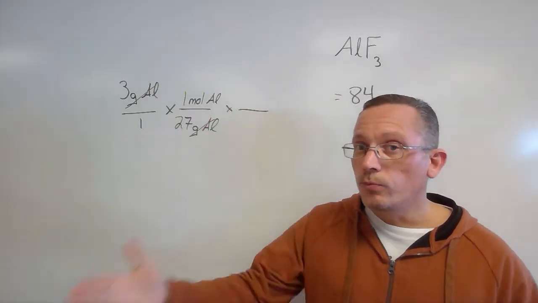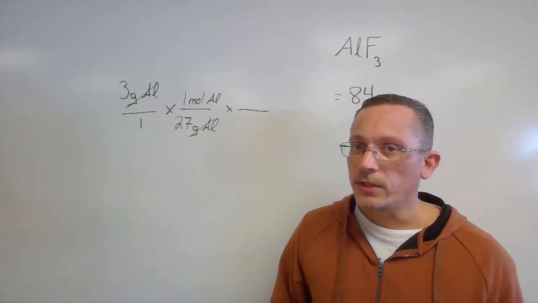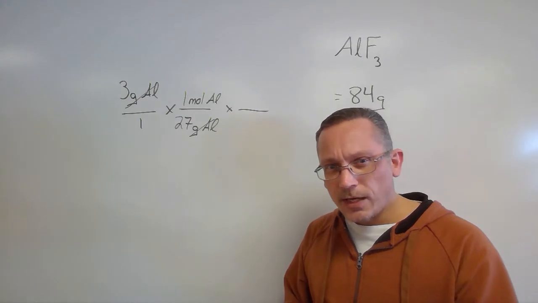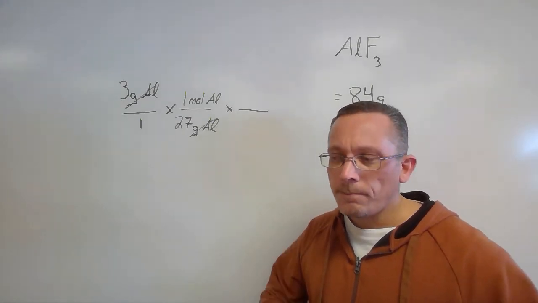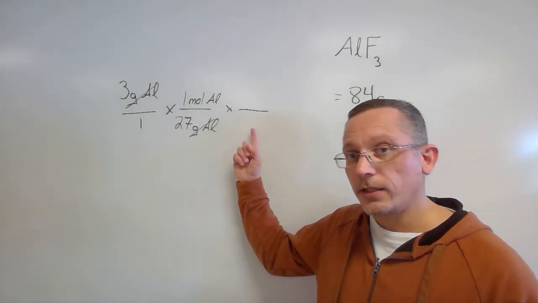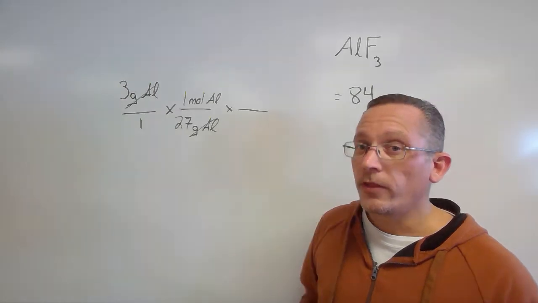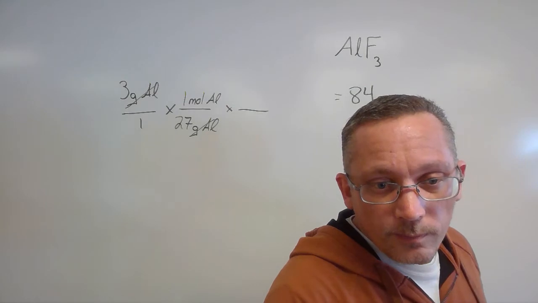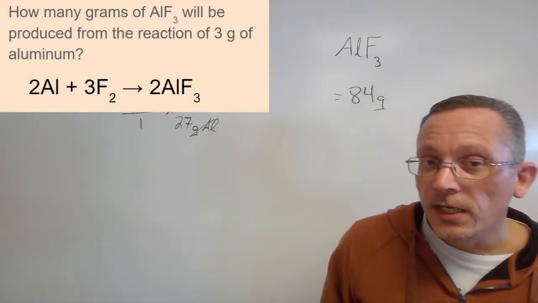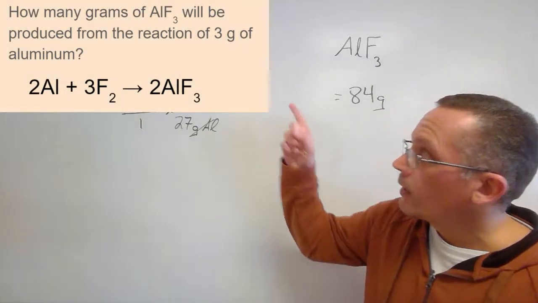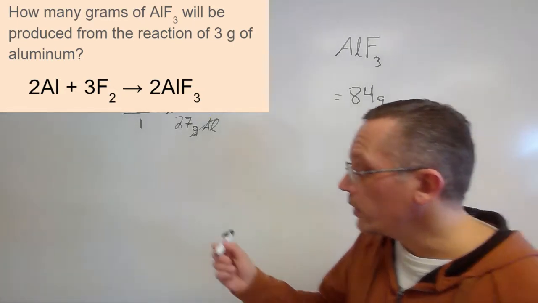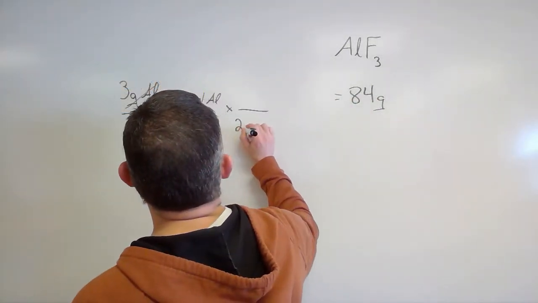I'm going to want to go to moles of the other substance. So let's look back at the problem and see which substance they asked me about, and let's look at the chemical equation and get the coefficients for my third fraction. On the bottom, I'm going to want moles of aluminum. And if we look at that chemical equation, we can see 2 moles of aluminum. So on the bottom here, I'm going to put 2 moles